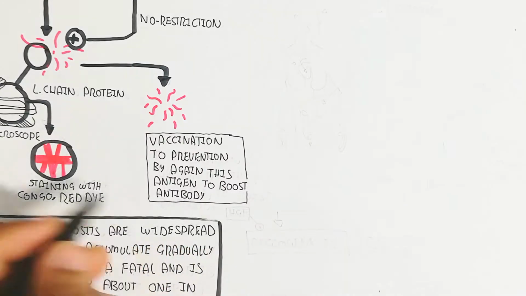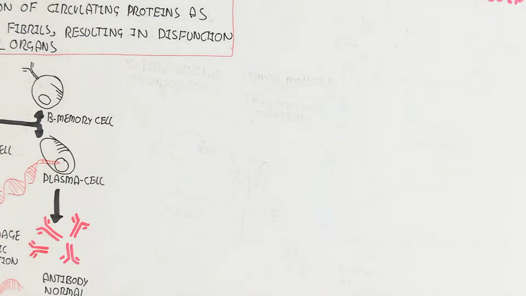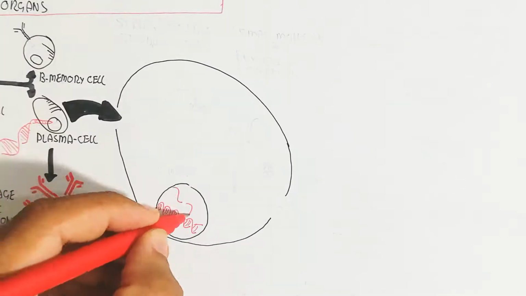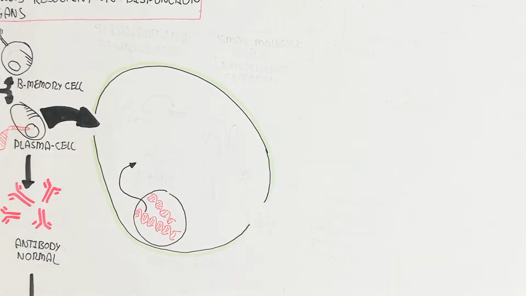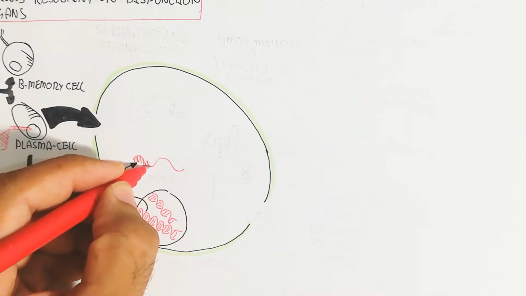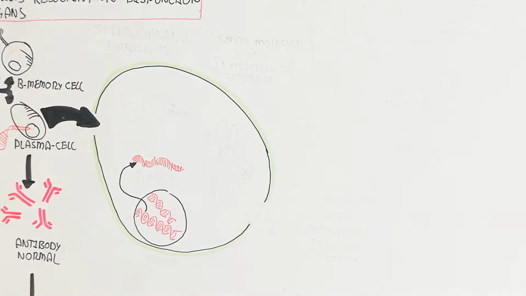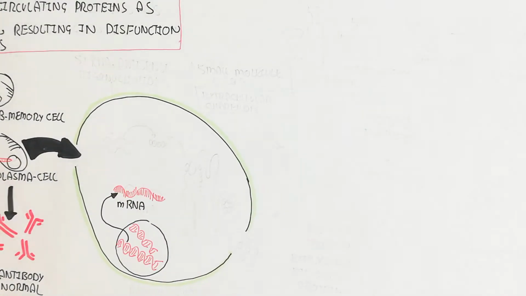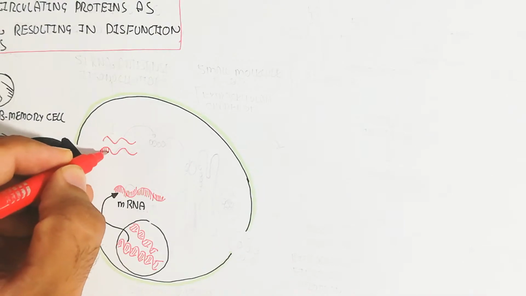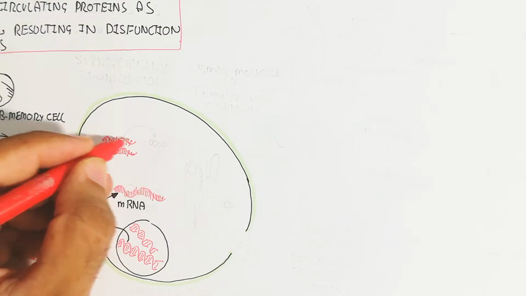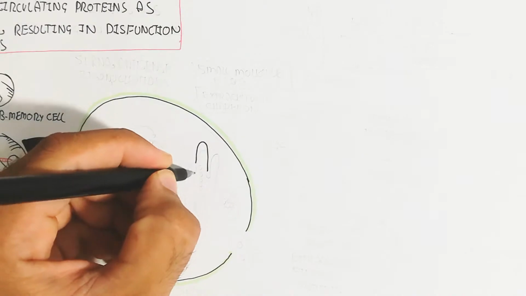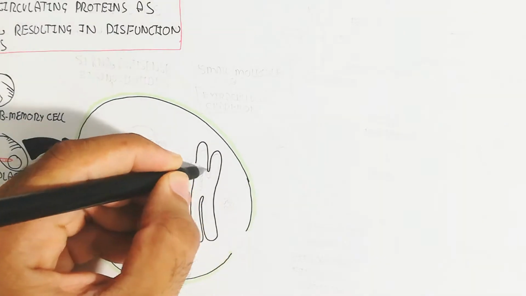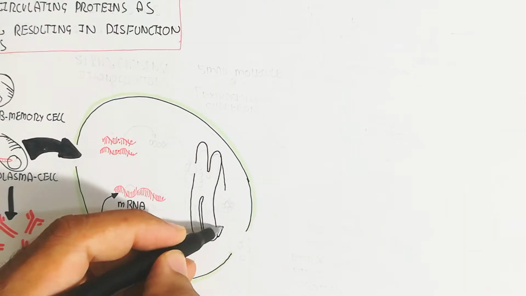But this long term production of the amyloid can cause death, and can cause the dysfunction of the tissue and dysfunction of the organ. So here is the process of the plasma cell protein synthesis, how the protein synthesis occurs. It will produce the messenger RNA through transcription by the addition of the transcription factor, and in this way the